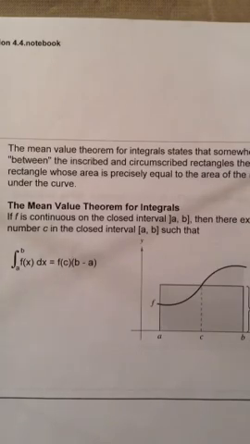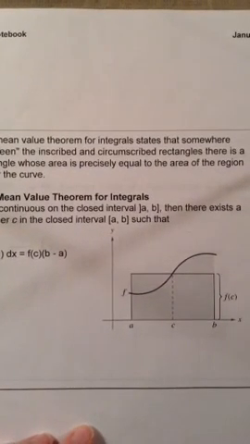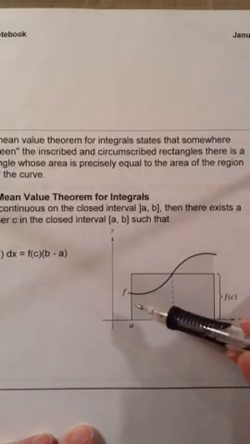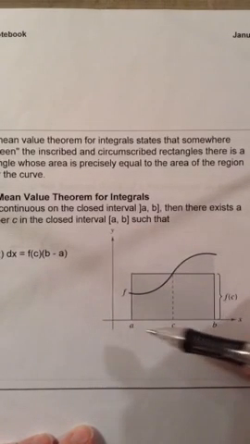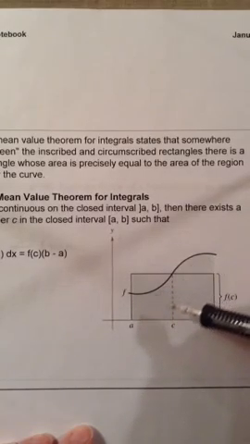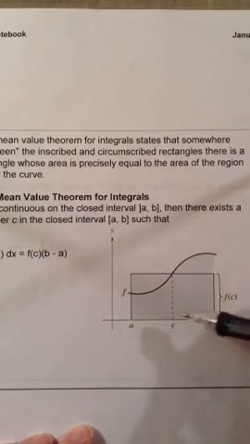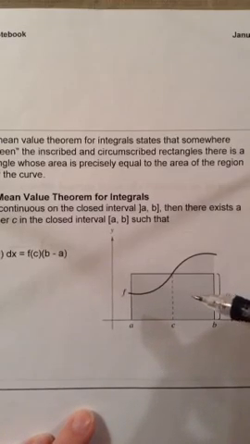The mean value theorem for integrals states that somewhere between the inscribed and circumscribed rectangles, there is a rectangle whose area is precisely equal to the area of the region under the curve. So let's take a look at this graph here. We can take the integral of f from a to b and figure out the exact area underneath this curve. There is another way to do that as well, and it's called the mean